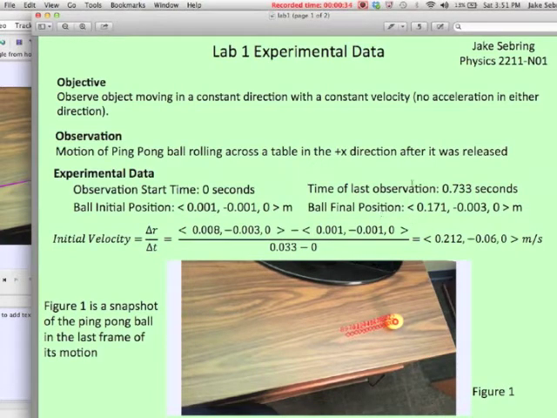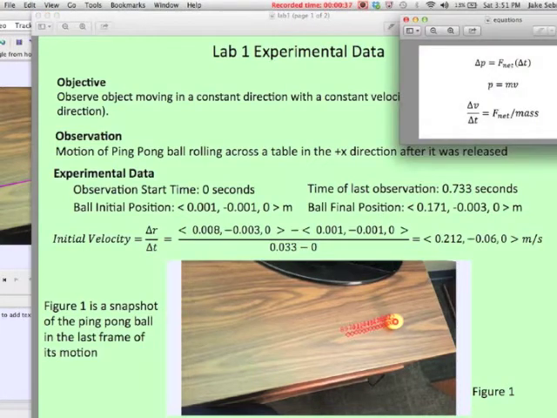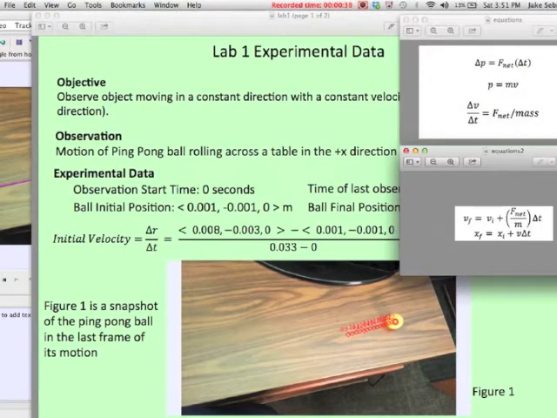Newton's first law and Newton's second law are both essential to understanding constant velocity. Newton's first law states that an object that is in motion stays in motion unless acted upon by an external force, and the same goes for an object at rest. The net force, or the external force that could be acting on the object, is defined as the total of the pushes and pulls on a system. In this case, the ping pong ball is the system and everything else is the surroundings. Thus, in order for an object to be moving with constant velocity, there must be a net force of zero